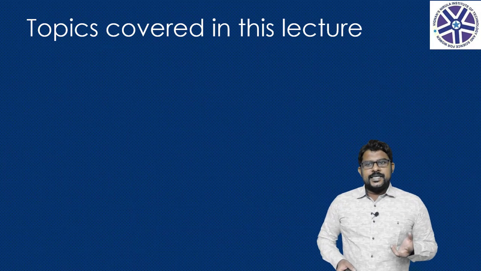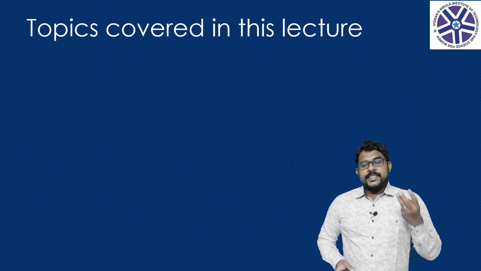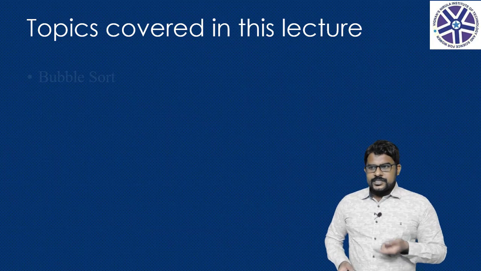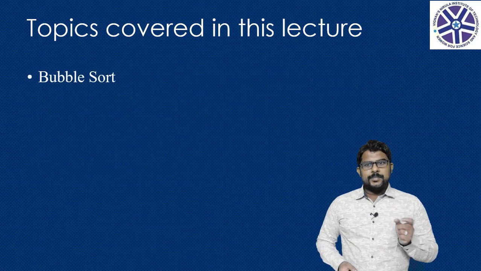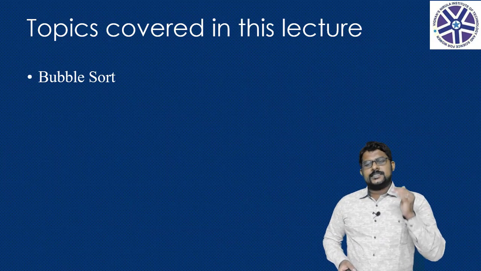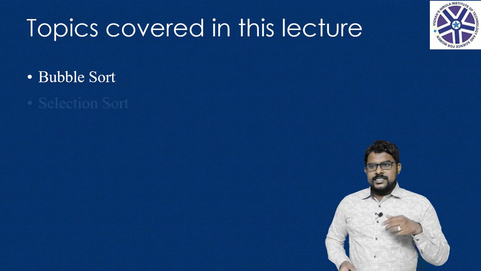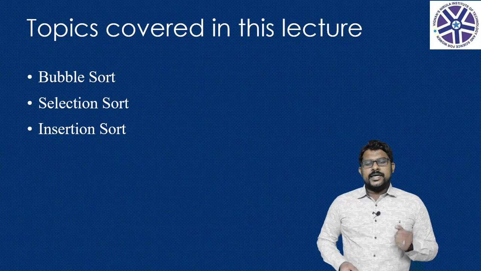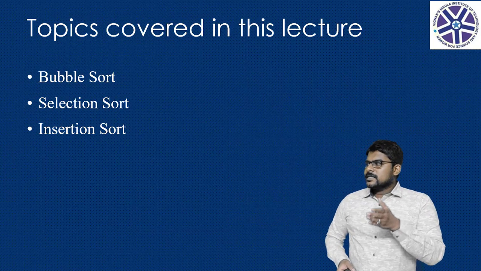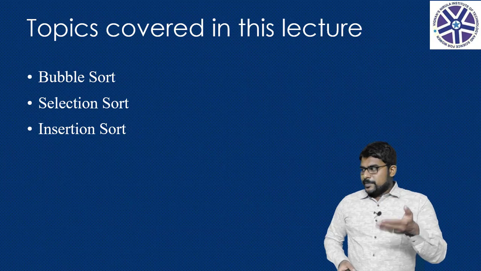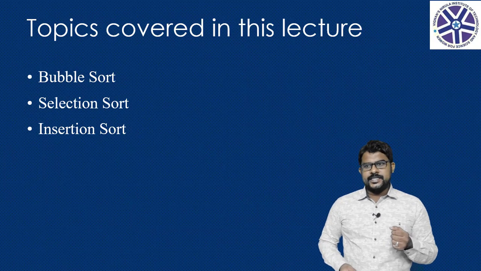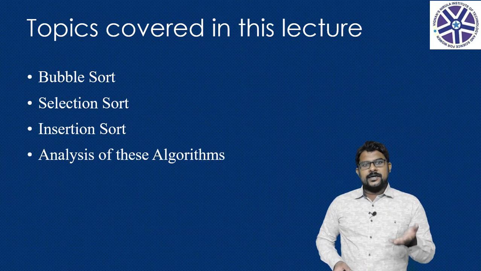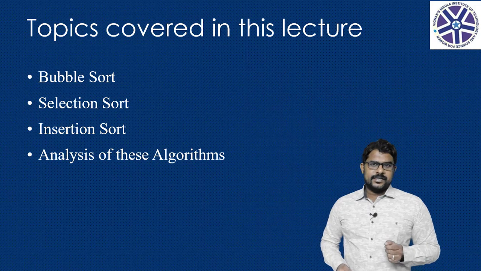Here we are going to see three sorting algorithms which are very simple and basic in nature. The first is bubble sort, which is the starting point of the sorting algorithms. Next comes the selection sort, and next comes the insertion sort. We also study how to implement these sorting techniques in greater detail, and later we are going to check their time complexities and analyze these algorithms in detail.